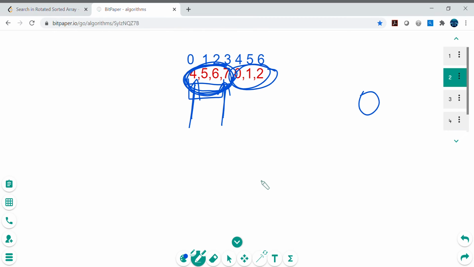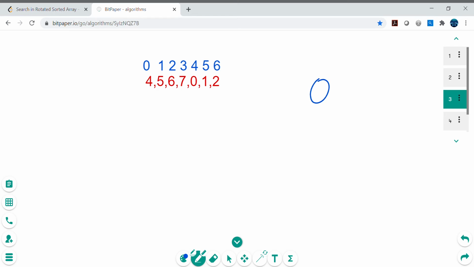As I mentioned, we can just see that this is a target, right? So 0, if it is falling in this range, how will we check? We will check if 0 is falling in this range or not. In fact this is the mid, right? So is 0 falling in this range 4 5 6 or not? If it is not, then we will check if 0 is falling in the other range or not. Why are we checking this? Because accordingly we can set our start and end points, right?